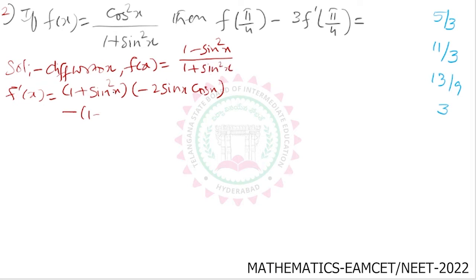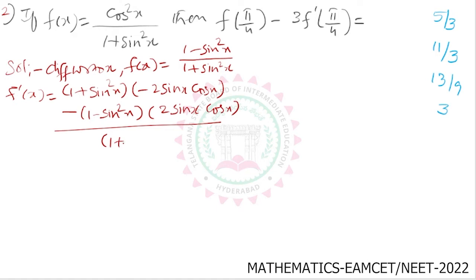So denominator as it is, 1 plus sin square x, into derivative of numerator. Derivative of 1 is 0. Derivative of minus sin square x is minus 2 sin x into derivative of sin x, which is cos x, minus numerator, that is 1 minus sin square x, into derivative of denominator. Derivative of 1 is 0. Derivative of sin square x is 2 sin x into cos x, whole divided by denominator whole square,